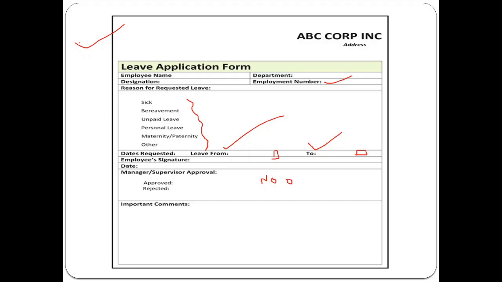You need to check whether the number of days which is calculated is displayed properly or not, whether it is not displaying negative values or not. This has to be checked.